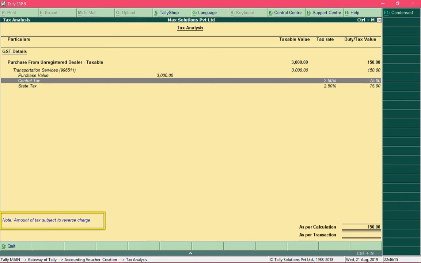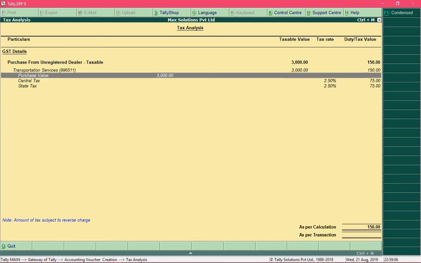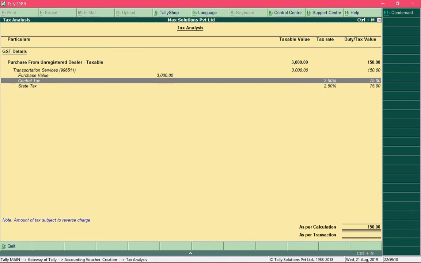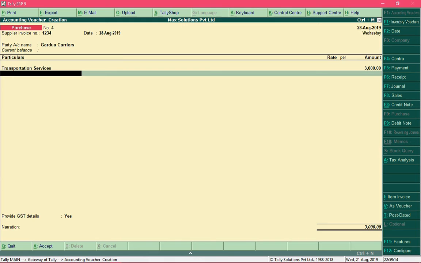And over here there is a short note saying that this amount of tax is subject to reverse charge. So by tax analysis you can verify whether the tax is calculated correctly or not, and then press the escape key and save this transaction.